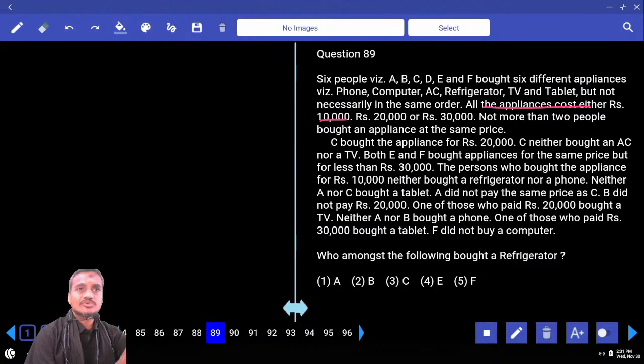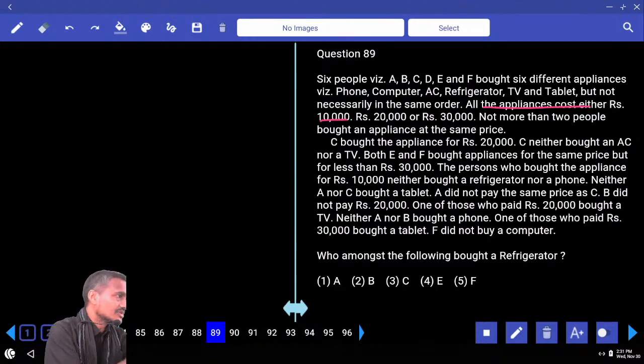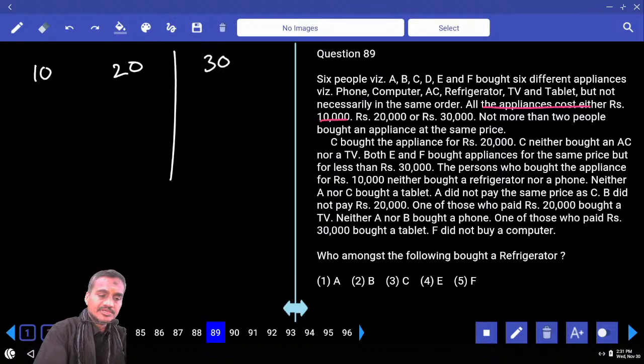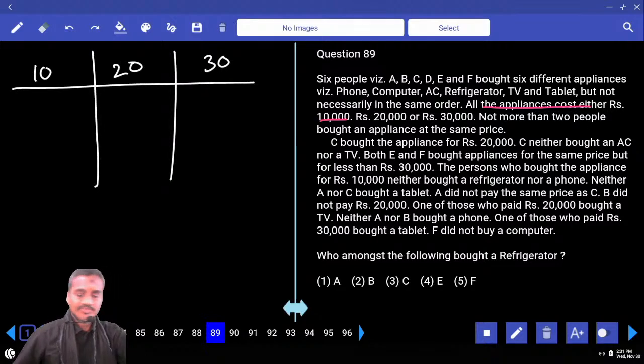అవునా కదా, 3 ప్రైస్లే ఉన్నాయి, 6 ఆర్టికల్స్ ఉన్నాయి. That means more than 1 article is of each price. Hence we need to divide this one according to the prices. 10,000, తోటి ఇంకోటి ఏం చెప్పండి 20,000 and next one is 30,000. Now common parameter distribution, and at the same time in each one of them not more than 2 people bought